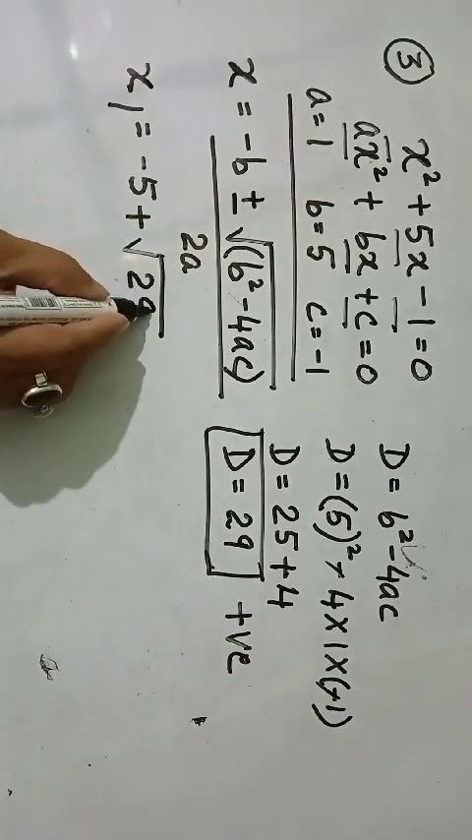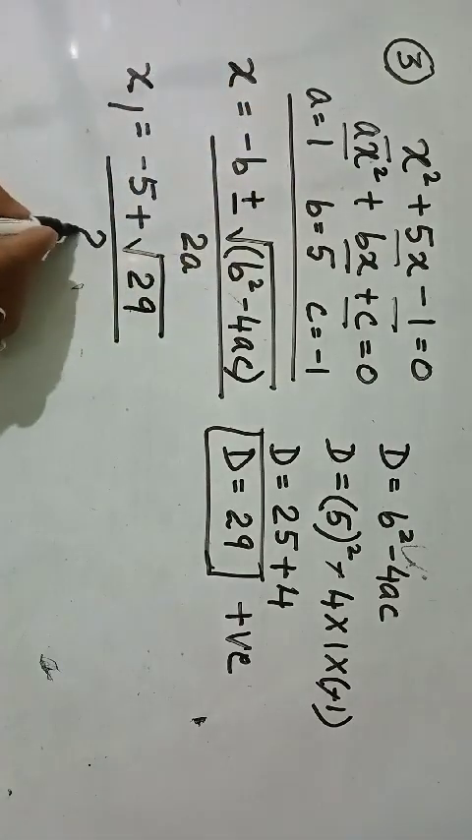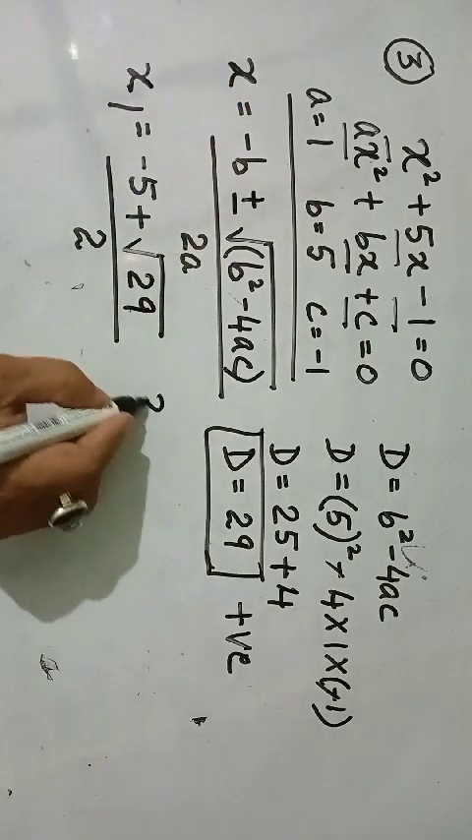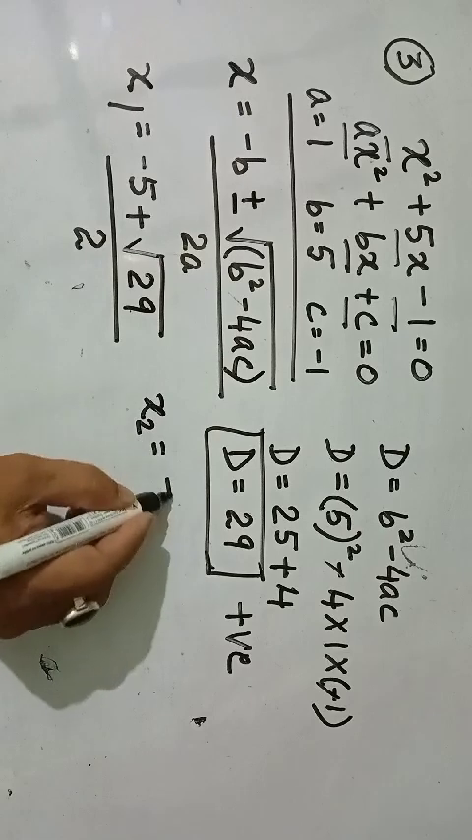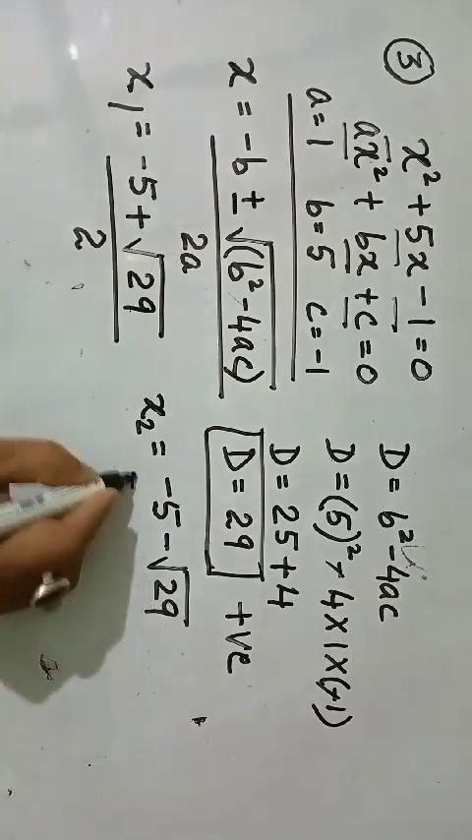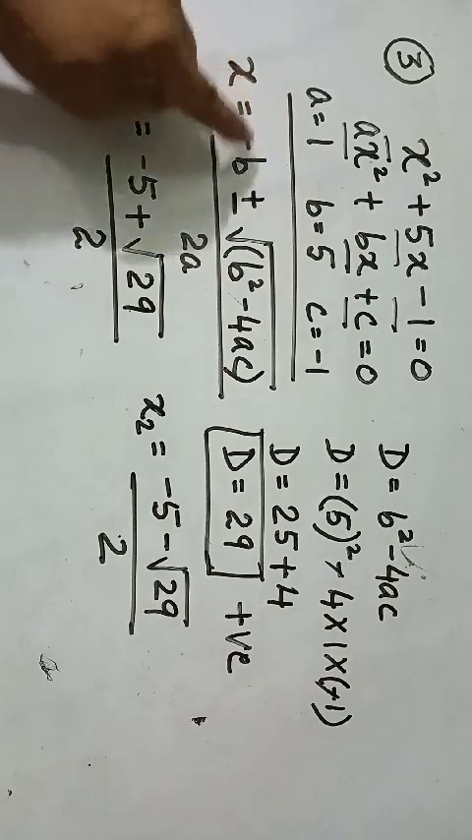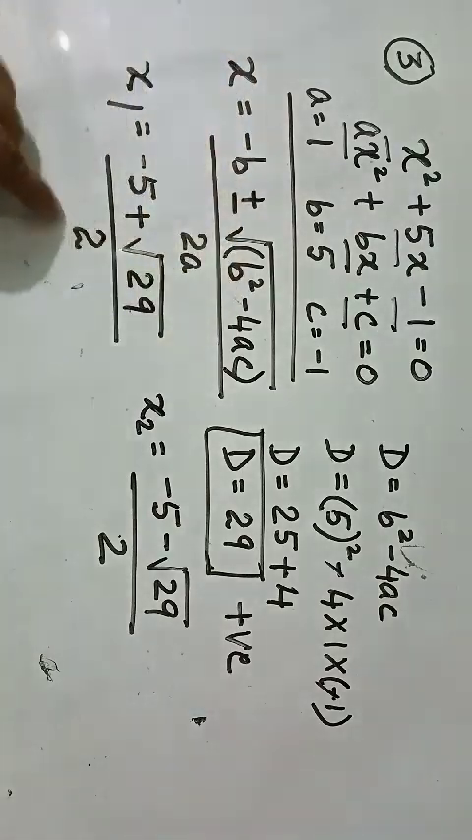So I'm going to write 29 upon 2 times a. So that is 2. Similarly, my x2 will be exactly the same but with a change in sign here. So you will have this. Okay. Now children, again as I said, there is no need for you to actually put the values here and